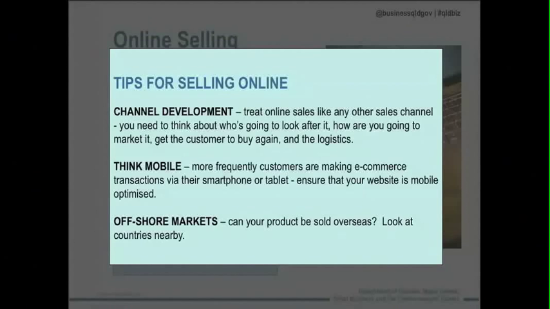If the customer isn't having a similar or better experience with your business using their mobile phone as they would if they were in front of a computer, it shows that you're not taking that customer as seriously, if you like. And I think the opportunity there is to really ensure that the websites you're creating are mobile optimized as best they possibly can be.